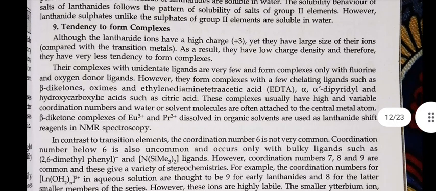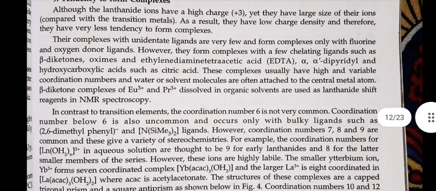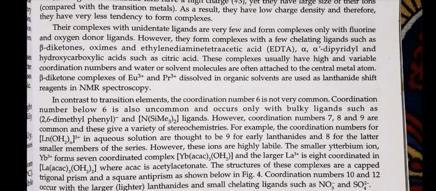Tendency to form complexes. Although the lanthanide ions have a high charge, they have a large size compared with the transition metals. As a result, they have low charge density and therefore have very little tendency to form complexes. Their complexes with unidentate ligands are very few and form only with fluoride and oxygen donor ligands. However, they form complexes with a few chelating ligands such as beta diketones, oximes, and ethylenediamine